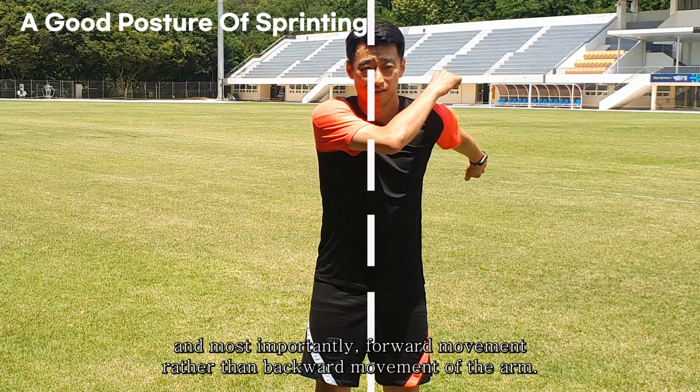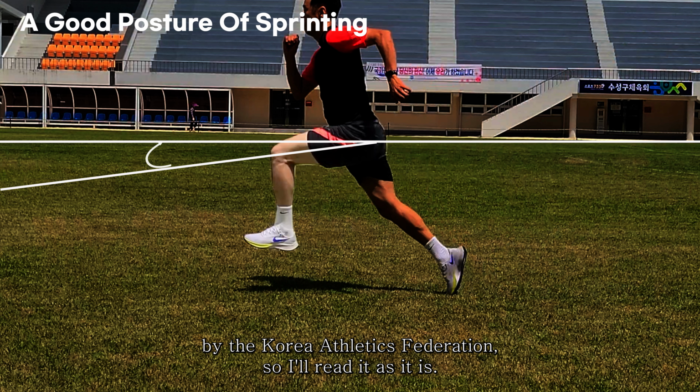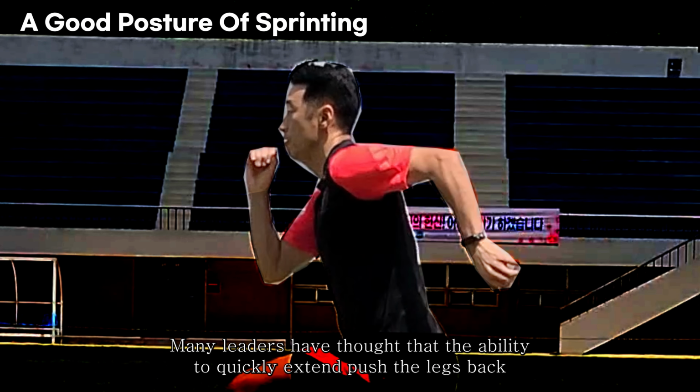And I really like the part in the short-distance competition PDF provided by the Korea Athletics Federation, so I'll read it as it is. Many leaders have thought that the ability to quickly extend, push, the legs back in the rear support phase is a key factor that greatly affects the speed. It is indisputable that the fast and powerful push of the leg is important at the accelerating stage. However, according to recent research, the importance of leg push movements rather decreases as the athlete reaches